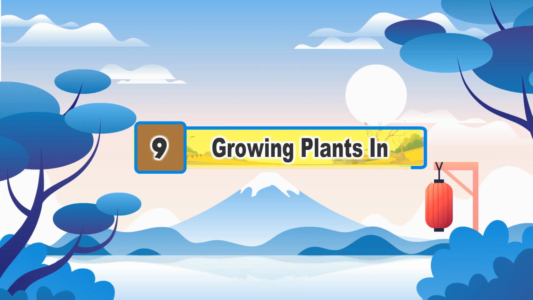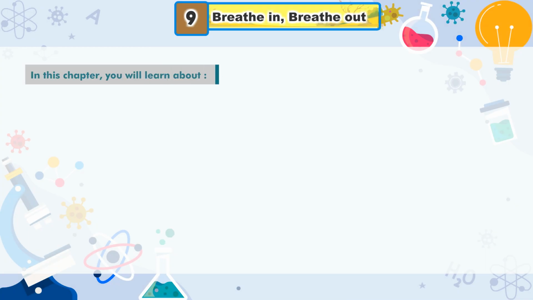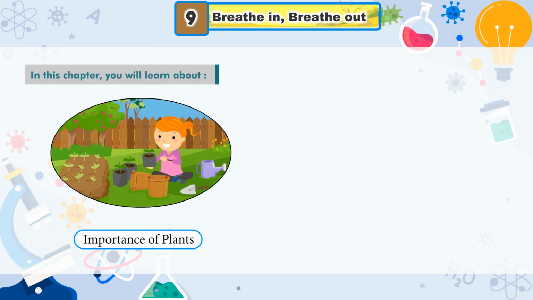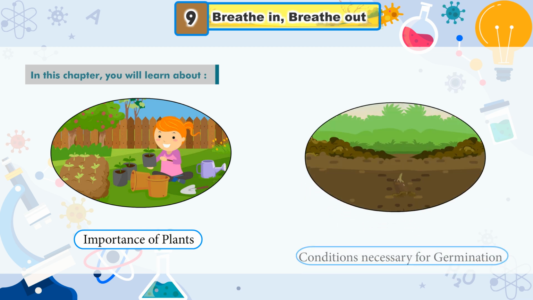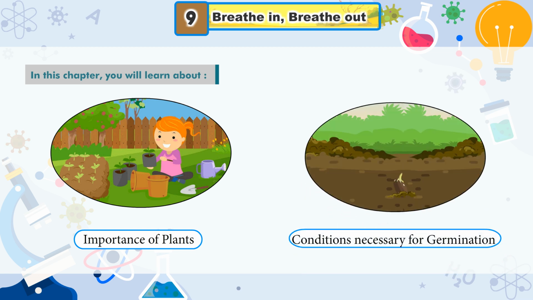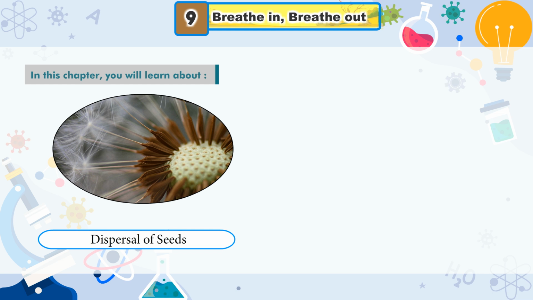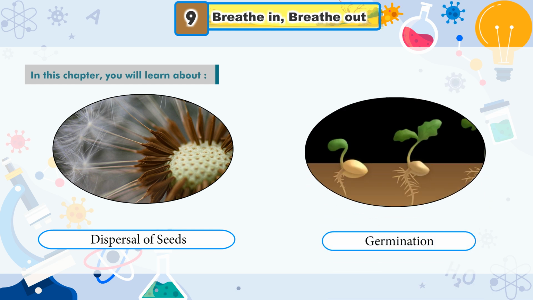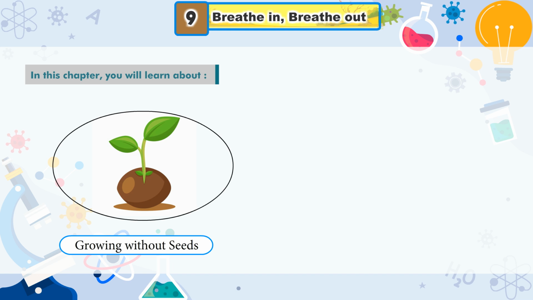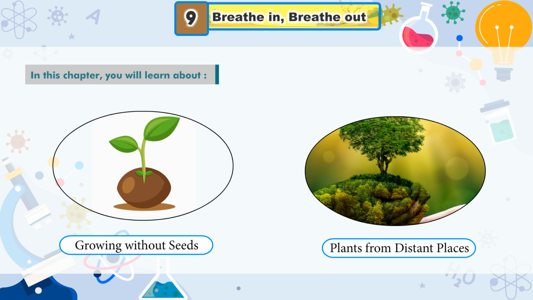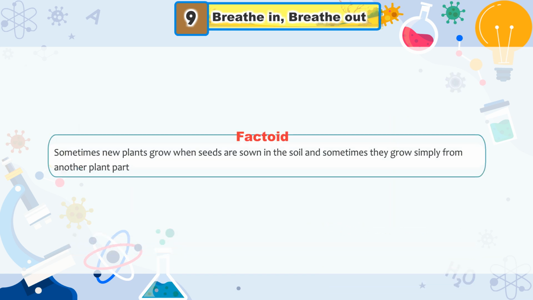Chapter 9. Growing Plants. In this chapter, you will learn about importance of plants, conditions necessary for germination, dispersal of seeds, germination, growing without seeds, plants from distant places. Factoid. Sometimes new plants grow when seeds are sown in the soil, and sometimes they grow simply from another plant